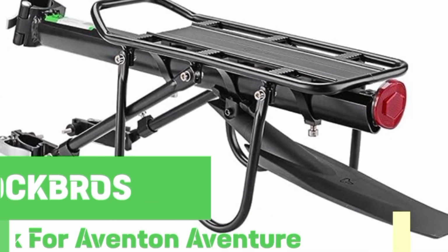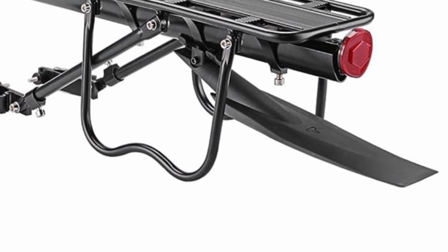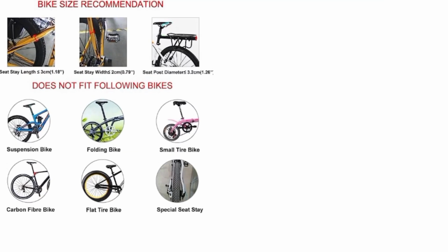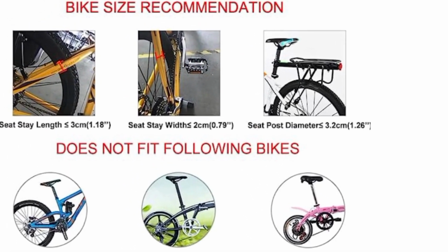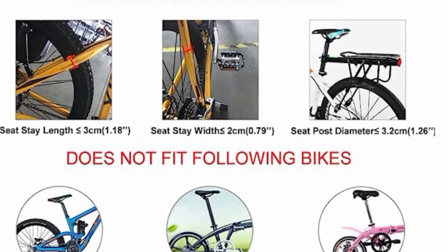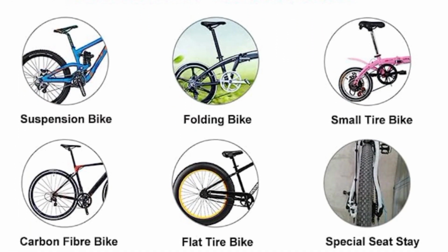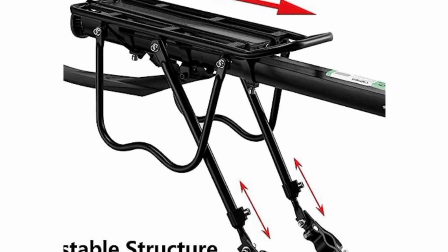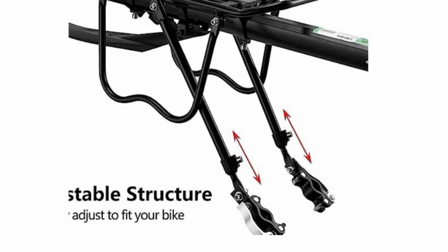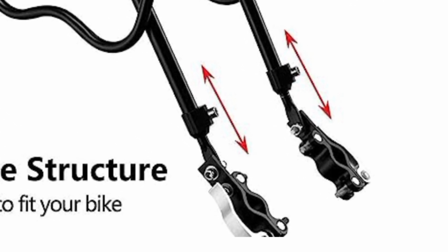The Rock Bros bike rack stands out as a fantastic choice for Aventon Aventure owners seeking a reliable and versatile bike transportation solution. With a focus on both functionality and security, this rack offers a stable and dependable platform for your Aventon Aventure, ensuring it remains safe during your travels. Its adaptable design accommodates various bike sizes and styles, while its user-friendly features, such as quick-release mechanisms, simplify the loading